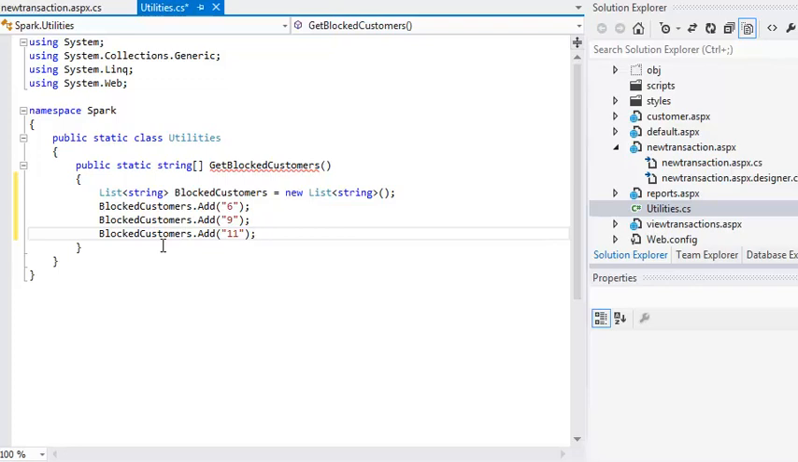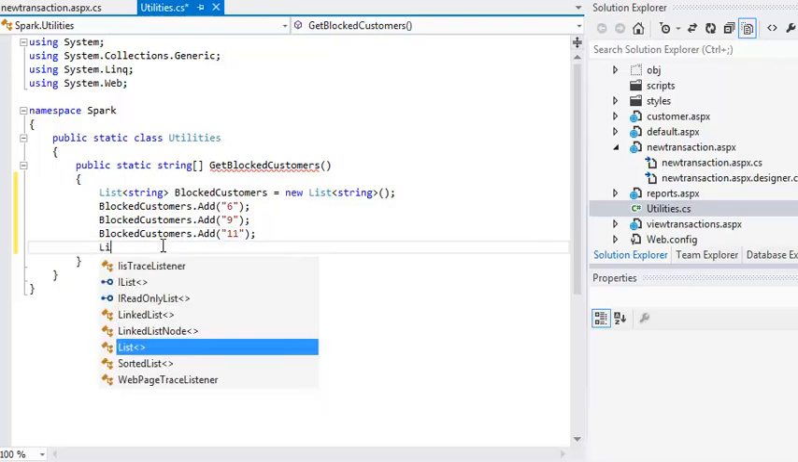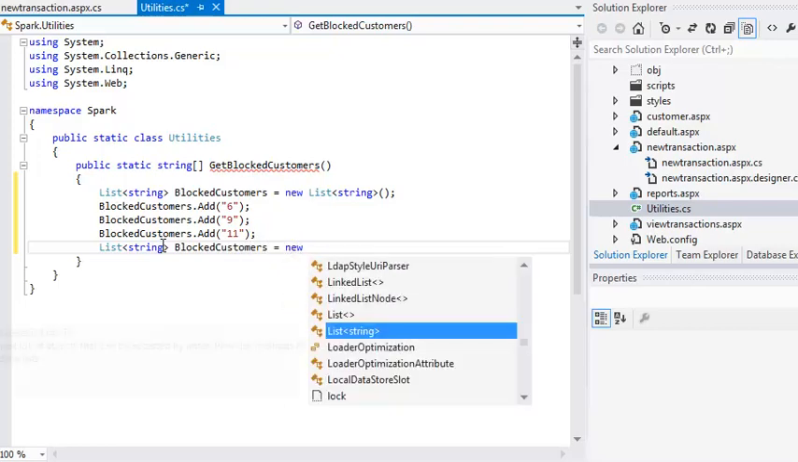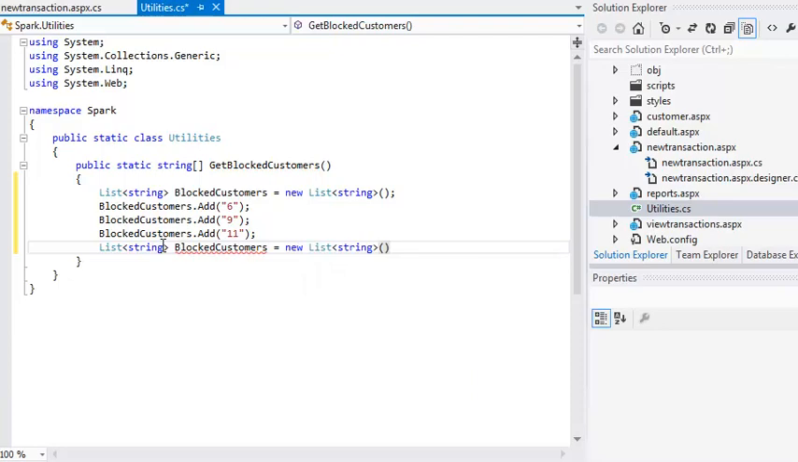lesson, lesson 8.1. Just like with arrays, you can populate a list collection with a single line of code. You could have created the list collection by simply typing List<string> blockedCustomers = new List<string> { "6", "9", "11" };